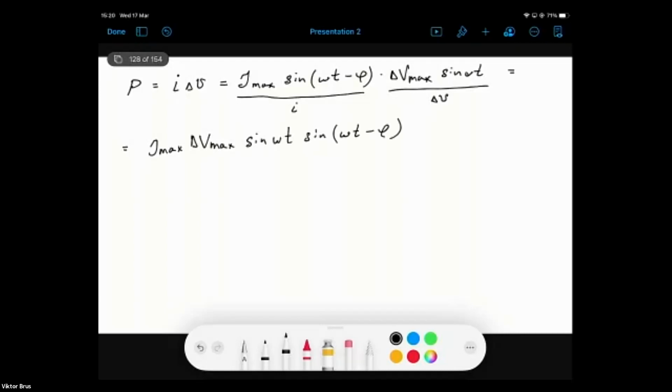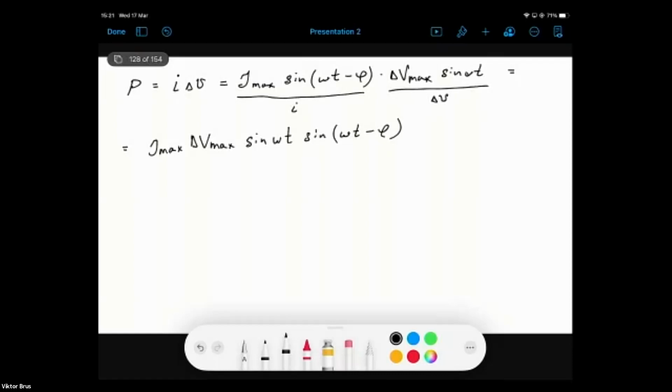So this is the expression for the instantaneous electric power delivered to the AC circuit. However, it is some complex function of time, and it's not commonly used in practice to deal with such instantaneous power. It's more convenient to deal with the average power, which is delivered to AC electric circuits. So in this case, we should